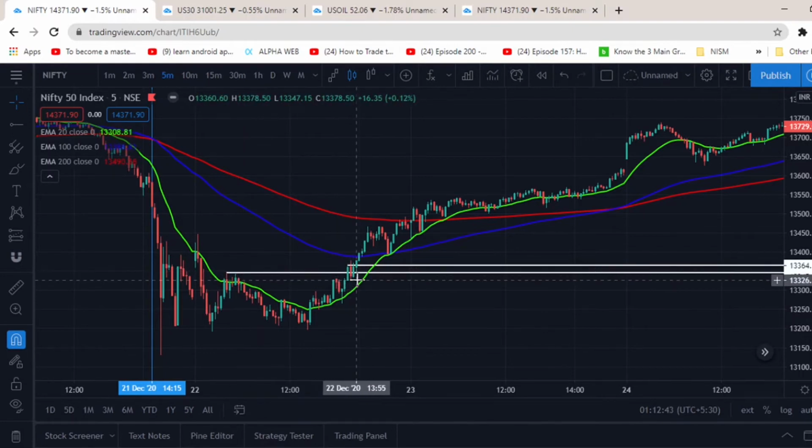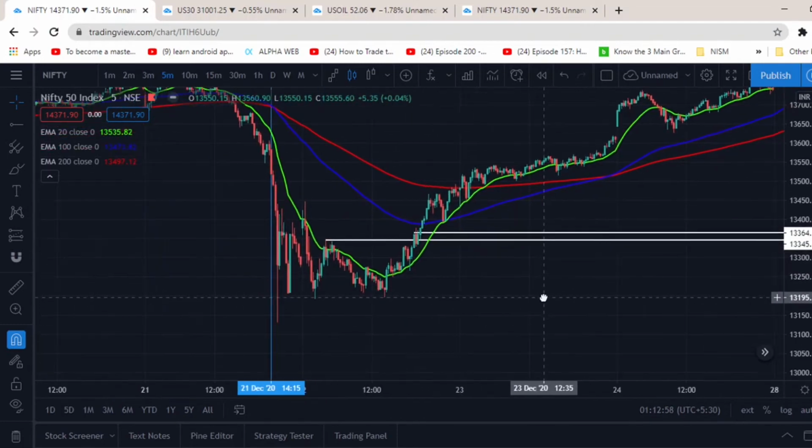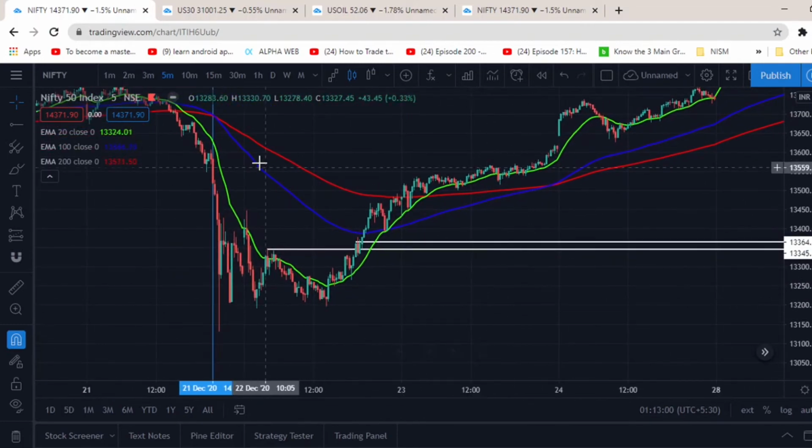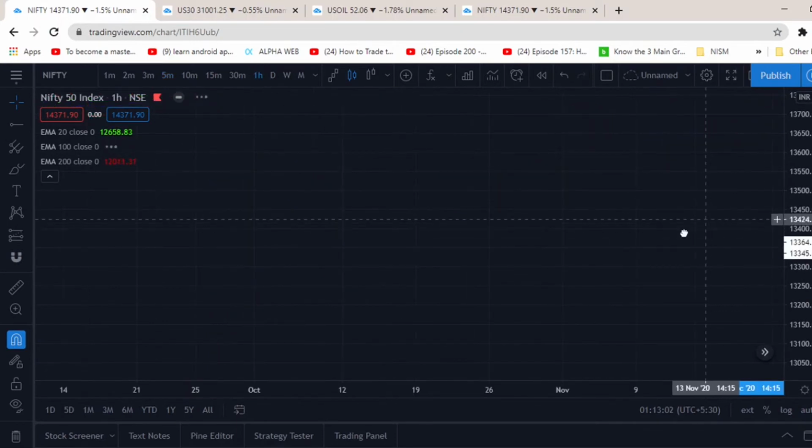We can enter the trade here. But if you want to wait for the retracement, we should first have a confirmation that this candle high is broken. Okay, so here we enter the trade by using the lower time frame concept. So it is applicable for both